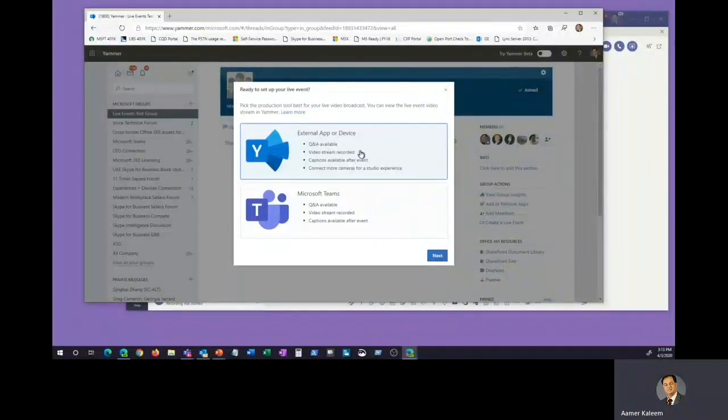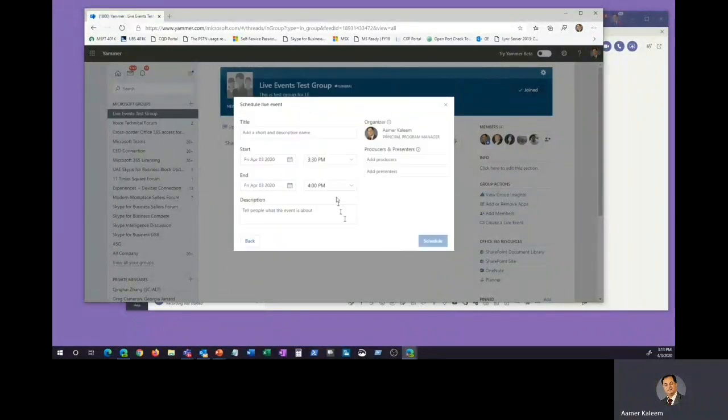It tells me that I can create a live event using an external application or device, or I can do it in Teams. So I'm going to choose Teams today. We are creating a live event which will be produced in Teams but consumed in Yammer. So I'm going to give it some meaningful name here, live event demo test, and then I'm going to invite one of my friends, Avadesh, as a